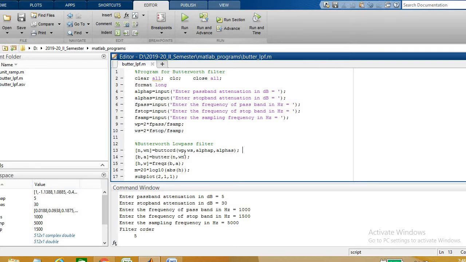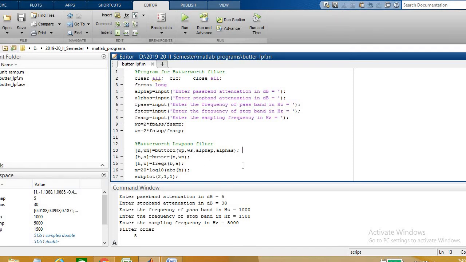For buttord we pass four parameters: passband frequency, stop band frequency, passband attenuation and stop band attenuation. Then this function calculates the order and cutoff frequency.